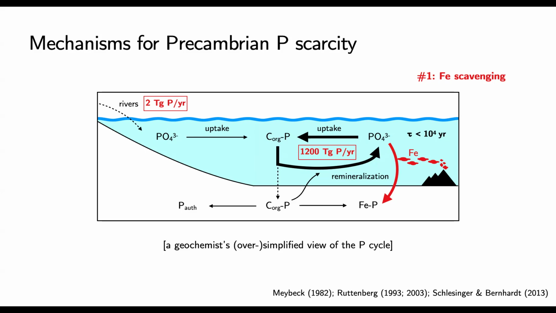In addition to that, not mutually exclusive, before you could even have the phosphate ions released, available to be scavenged onto iron minerals, it's possible that the recycling flux was cut off. And this would be because in the low oxygen, but also low oxidant, so low sulfate and nitrate and other oxidized species, low oxidant Archean ocean, you wouldn't have the oxidizing power to oxidize your biomass and release the nutrient content. You'd instead bury the organic matter efficiently in sediments and together with it, its nutrient content. And so either or both of these mechanisms could contribute to phosphorus scarcity in the Archean.